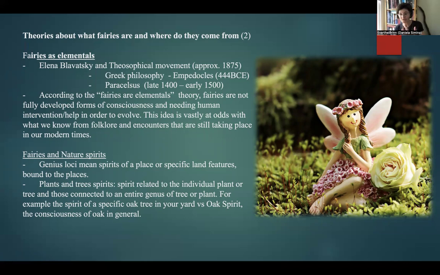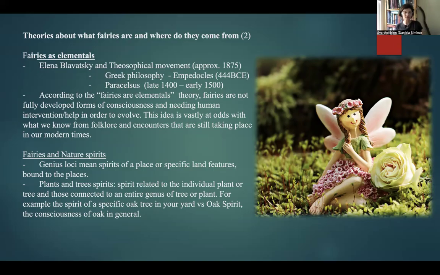The picture shows a statuette, okay? So it's something that looks artificial. And we're going to see why artificial is something to be taken into account when we're talking about fairy representations that follow this prototype of winged beings dressed in flowers or with clothes made of flower petals and leaves, all smiley and just making gardens look pretty. So we're going to go back to that in a second.